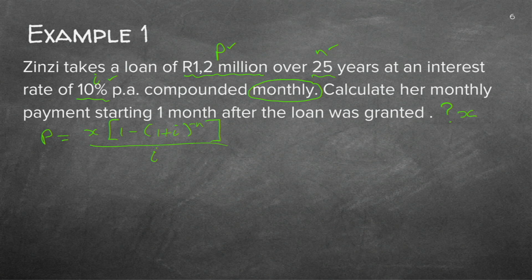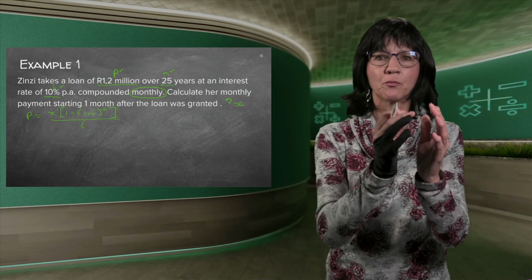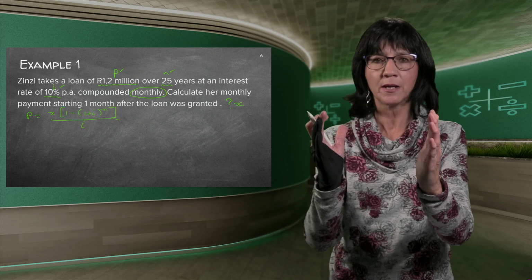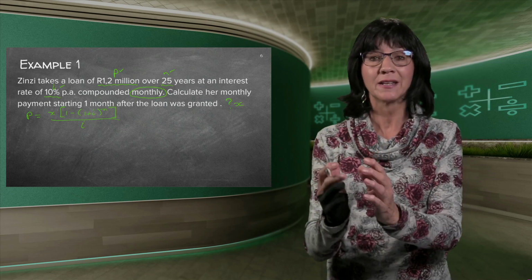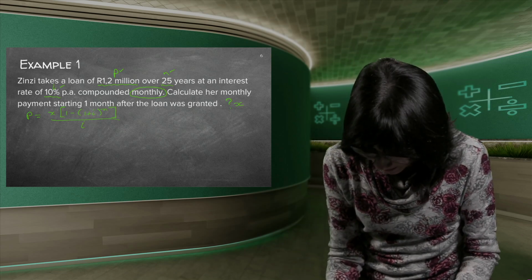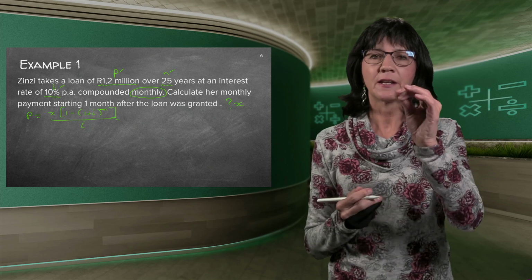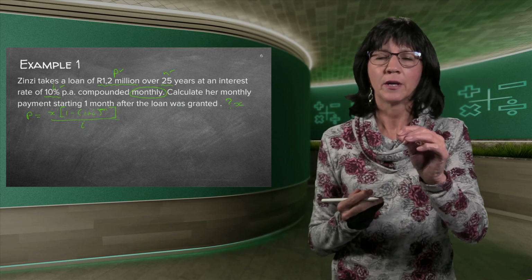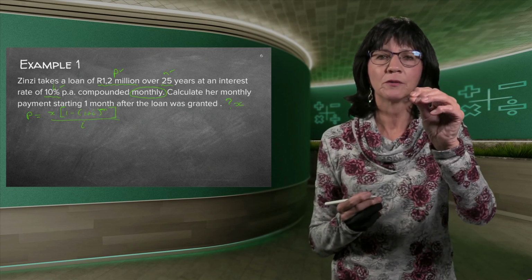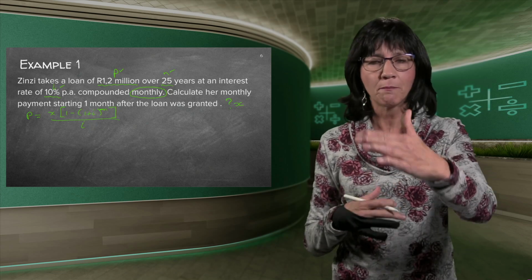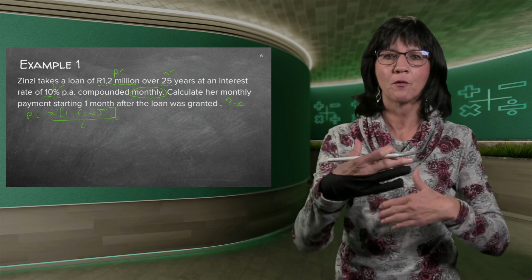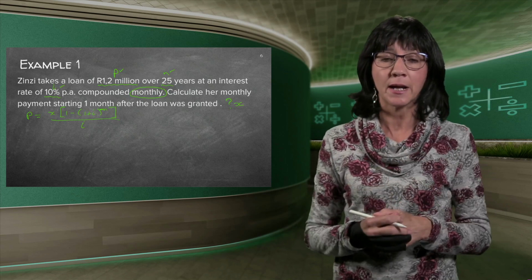Remember what I said? The difference between this formula and the F formula is very, very much the same. The only difference is the 1 in the bracket is swapped around. The F formula says bracket minus 1 in the square bracket. This one says 1 minus bracket, and very, very important, maybe I must make it darker, is the minus on top there. Mostly that is what is going wrong in this formula. Pupils forget to put the minus next to the N, because remember it's a reverse formula from the F formula, and that is why there's a minus N on top.